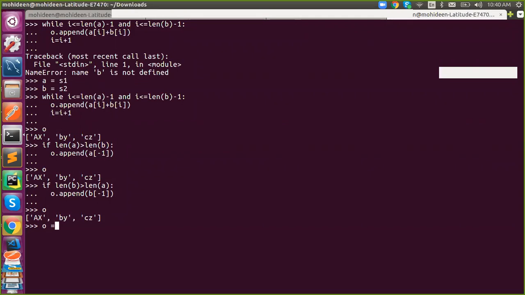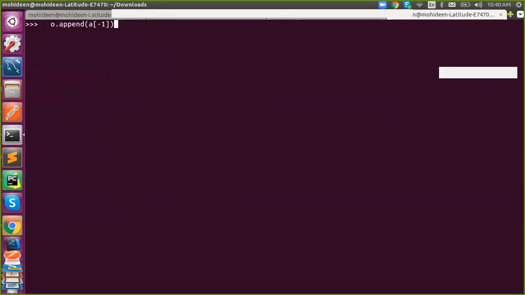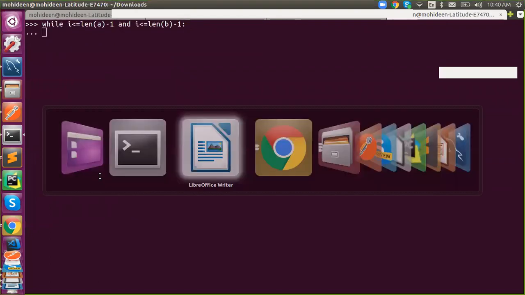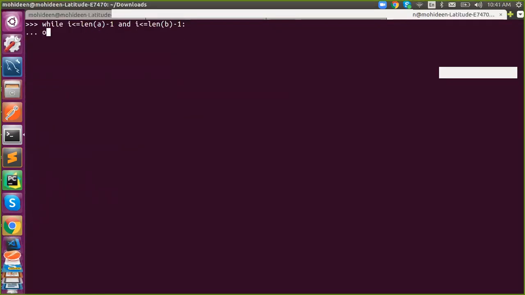For that too, if we have any extra letter in one string, it will append to the list. Great.